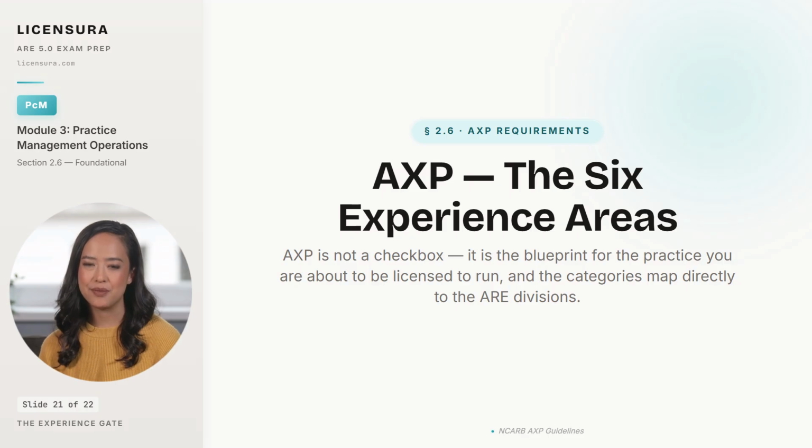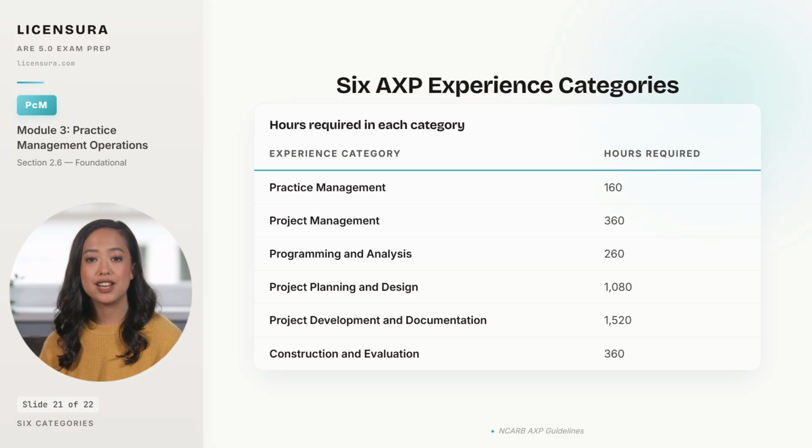There are 6 experience categories, and each one carries a specific hour requirement you cannot substitute out of. 6 categories, 6 minimum hour requirements, and no way to substitute one for another. Practice management requires 160 hours and covers business operations, firm-level decisions, and the kind of work the PcM division tests